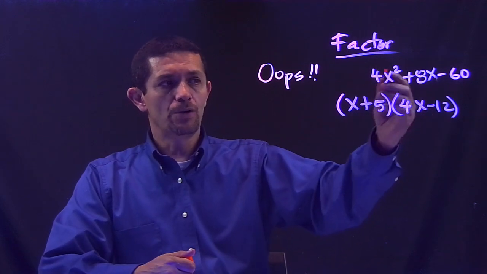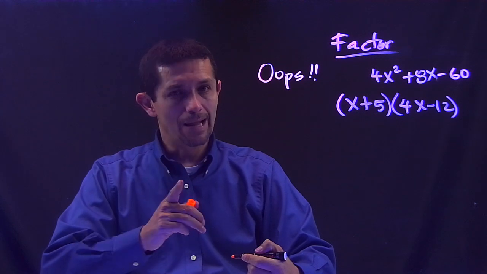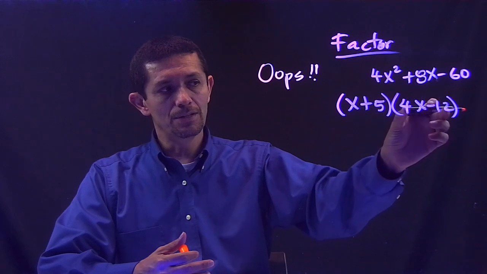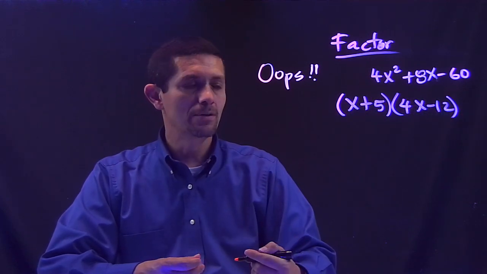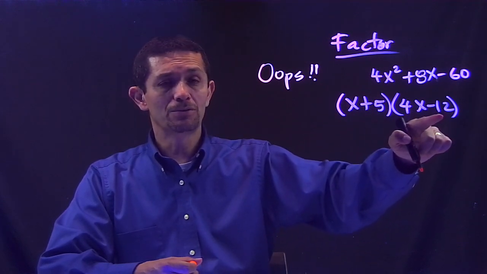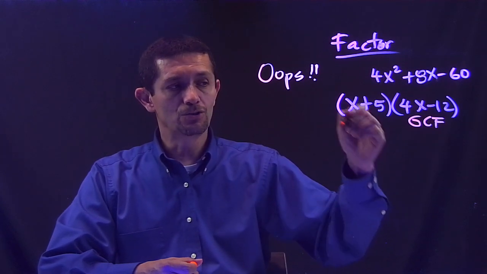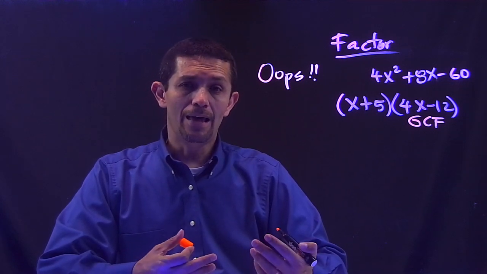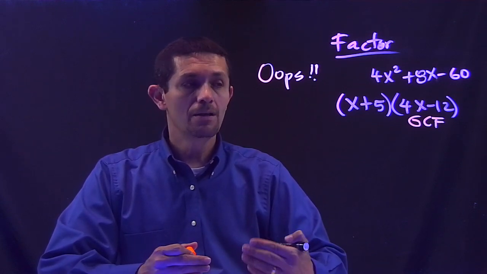I just factored this, 4x squared plus 8x minus 60, and I arrived at this answer. Now, there's a rule. You always have to check the parentheses on the inside to see if there's any more factoring. Okay? So, let's check. X plus 5, there's nothing in there, but look at the 4x minus 12. You have a greatest common factor here, so I need to factor that out. Because every time you're factoring, even though they don't ask you to factor completely, you have to factor completely, meaning